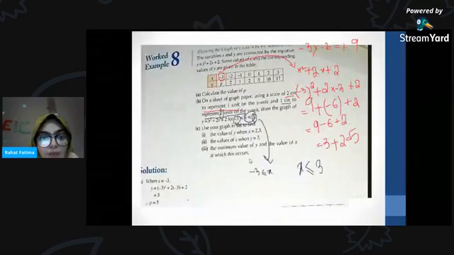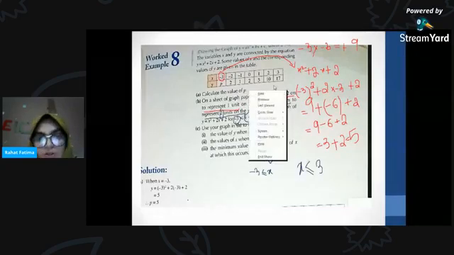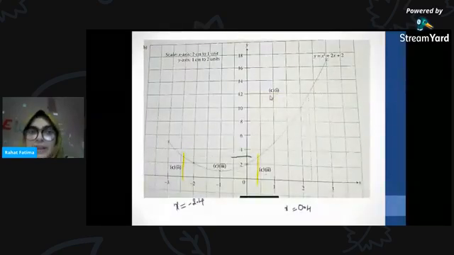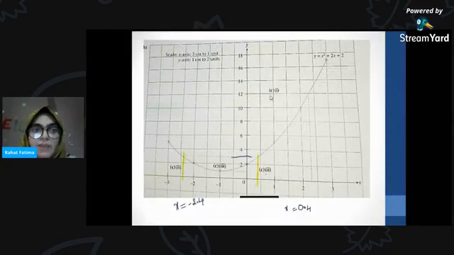So the last question is we need to find the minimum value of y, and the value of x at which it occurs. So what is the minimum value? We learned in the beginning of this chapter, when I started the graphs here,